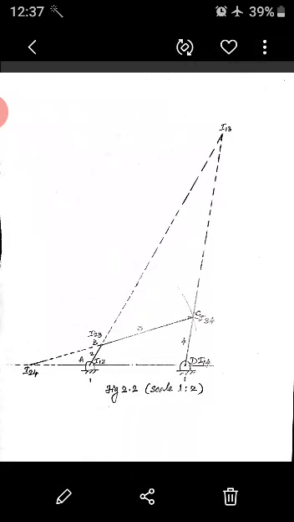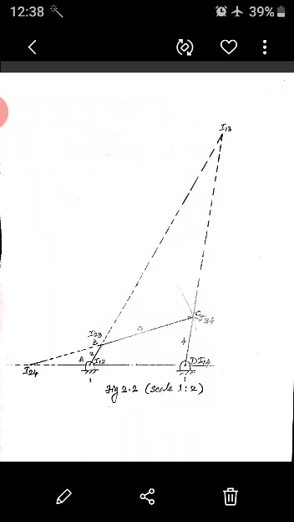You will get I13, because you again go back to the circle diagram. To get I13, it is very clearly told I12 and I23 should be extended. Also I14 and I34 should be extended. When you extend these two lines, you will get I13. So once you get I13, the major problem is already solved. But because we should find all the instantaneous centers, we are also trying to find I24.